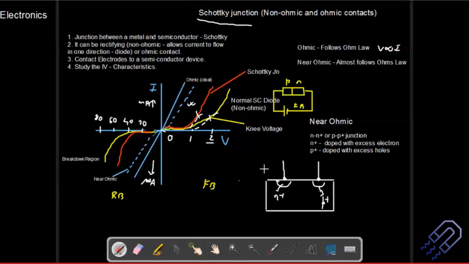We're going to look into more detail. Don't get confused as of now. It's not going to be very complicated. So this is the metal part, and you are actually making the contact.